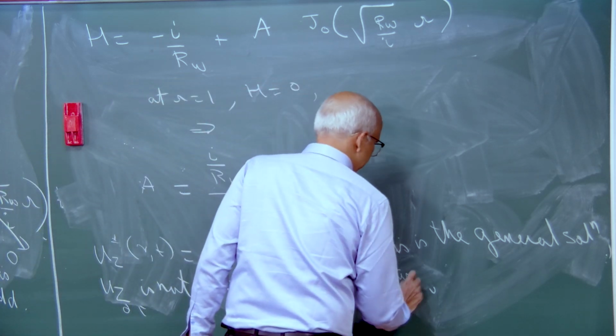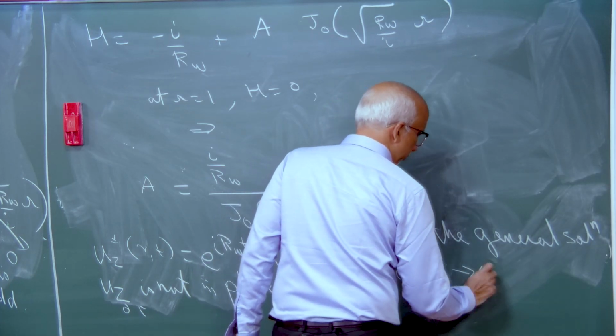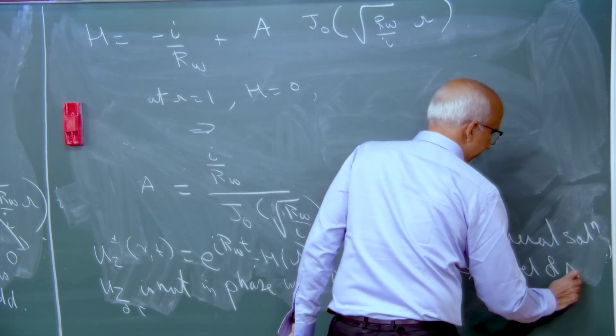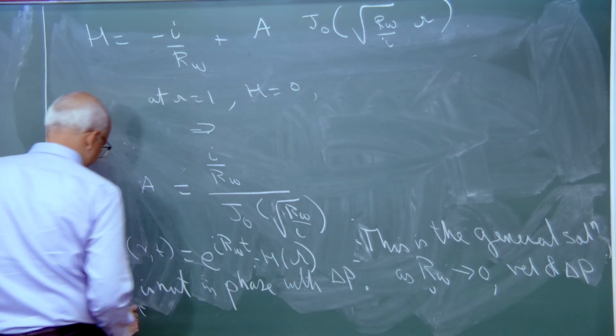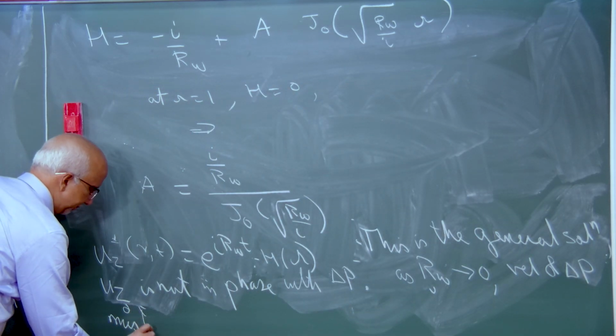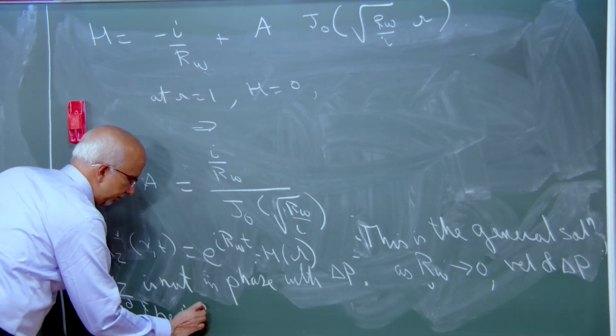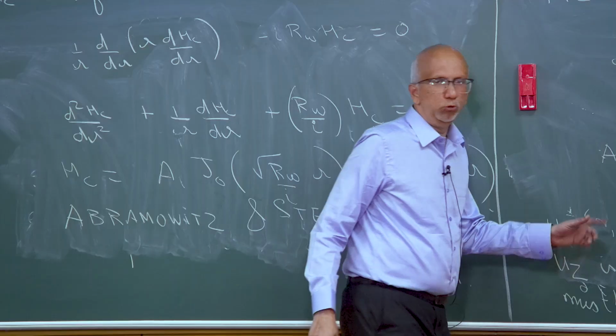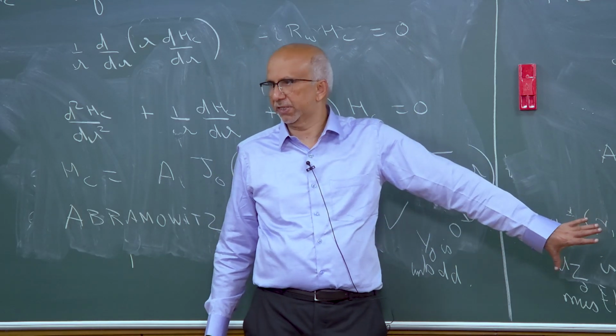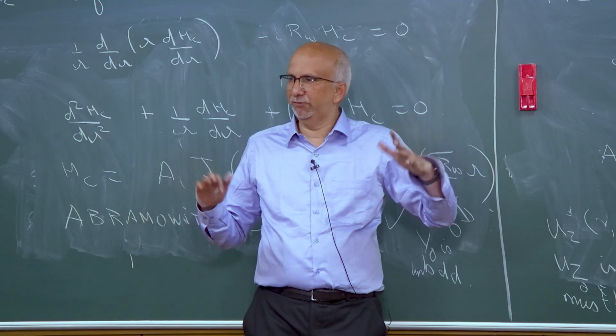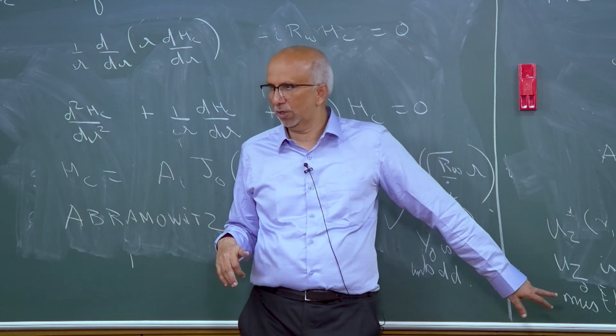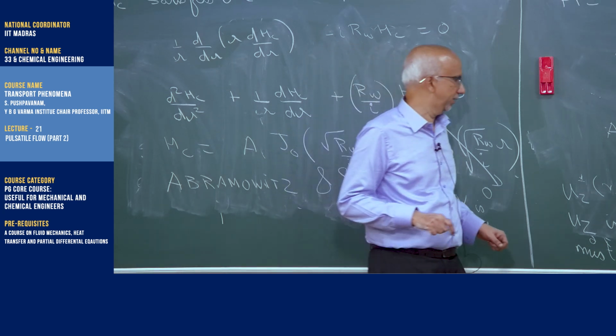As Rw tends to 0, velocity and delta p must be in phase. So, we use this to check if our solution is correct. If they are in phase, it does not mean your solution is correct, but if they are out of phase at low Rw, then your solution is wrong, that is for sure. Okay. This can be used to check your result,